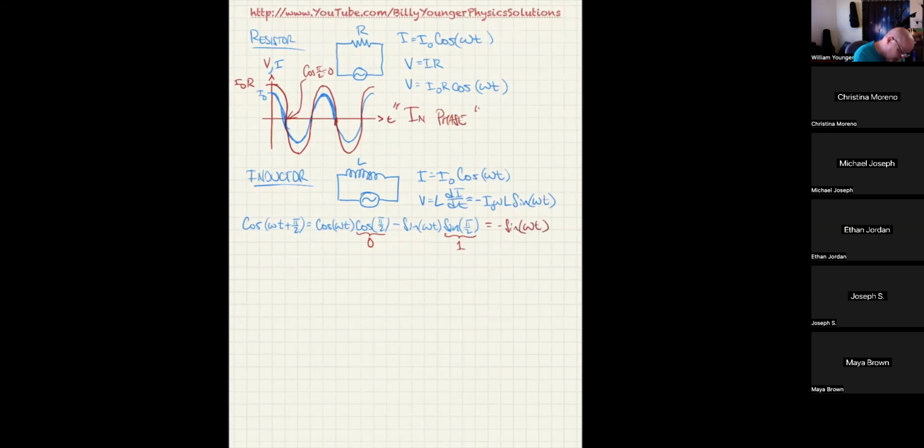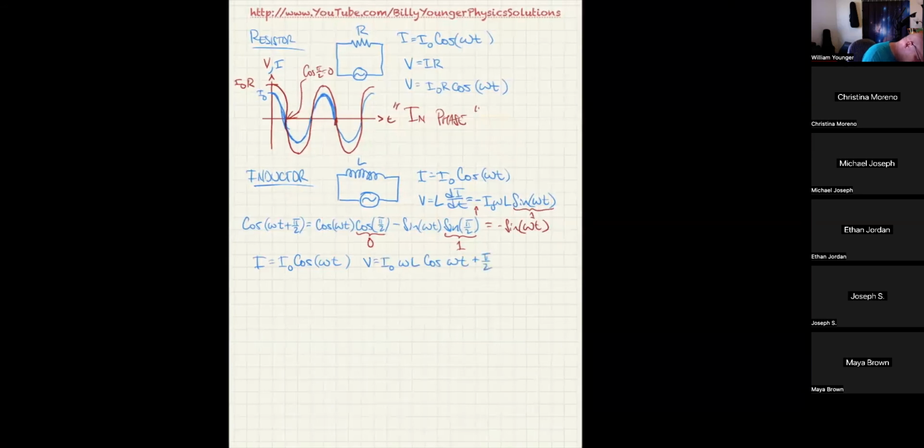So I can now say that I is equal to I0 cosine omega t, and V is actually I0 times omega L times cosine of omega t plus